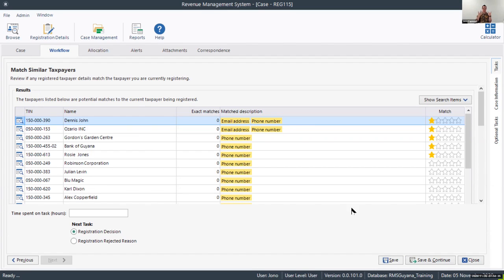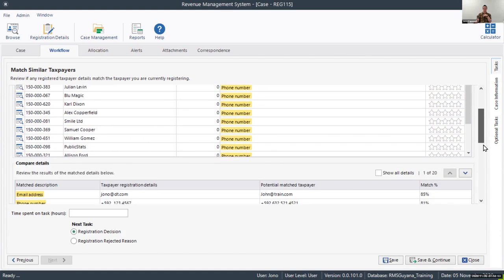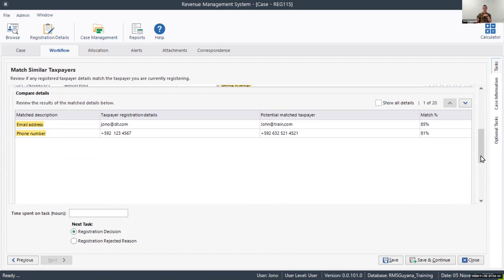So it checks against those 7 things and returns anything that's a match. So you can see here where these are very low matches that are coming back on my email address and my phone number. So I would take a guess that most of these are going to be something like John in the email address. So